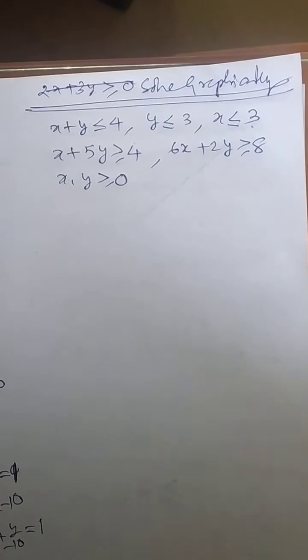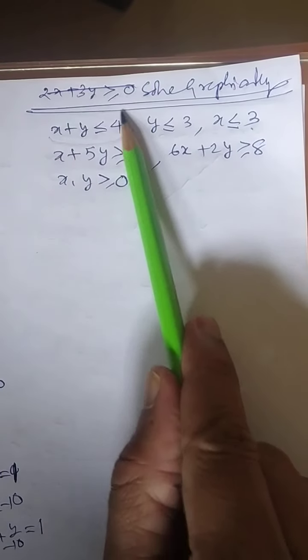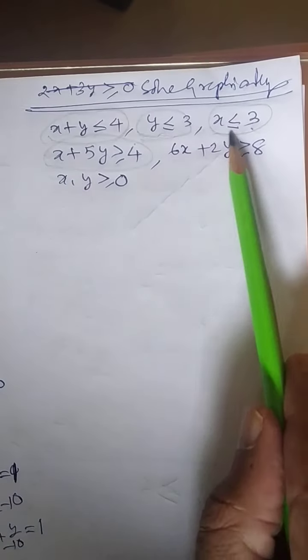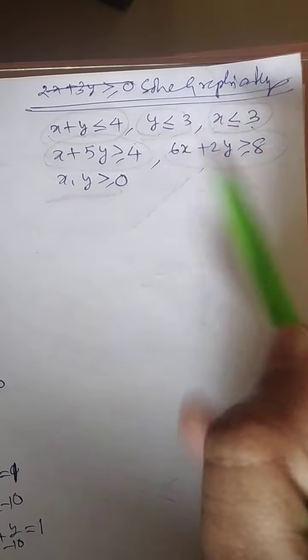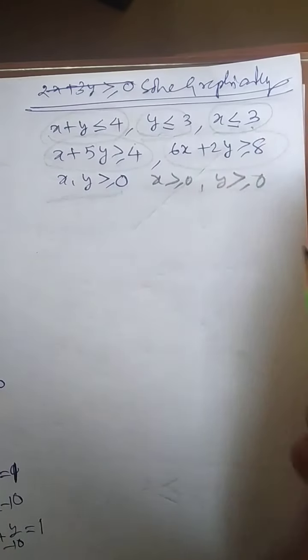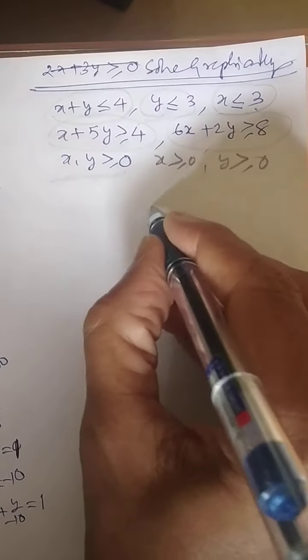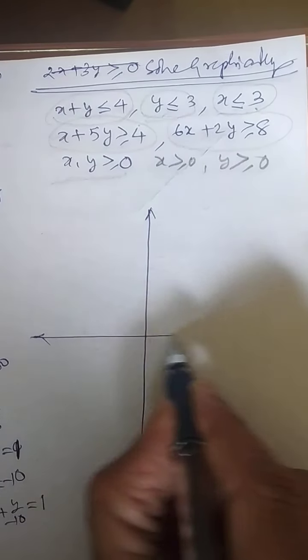So we'll talk about one more last question and then we can conclude. Now see here how many lines there will be: 1, 2, 3, 4, 5. And here two more equations are there, which means x is greater than 0 and y is greater than 0. So that many equations will be there. Now we'll go one after another, one by one. I am asking something, you just keep on telling.